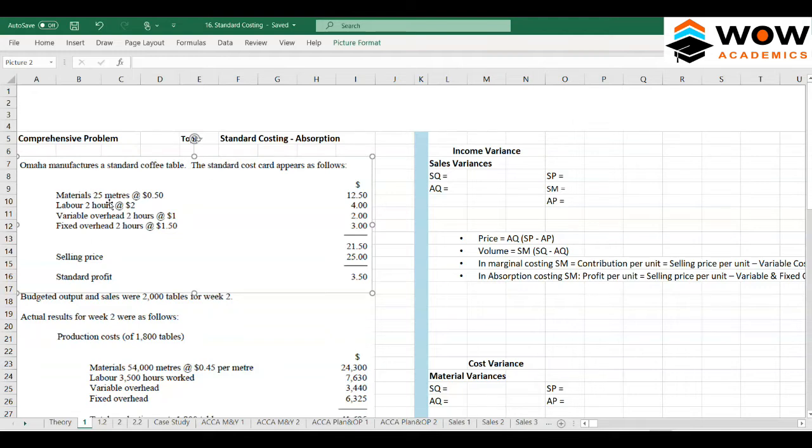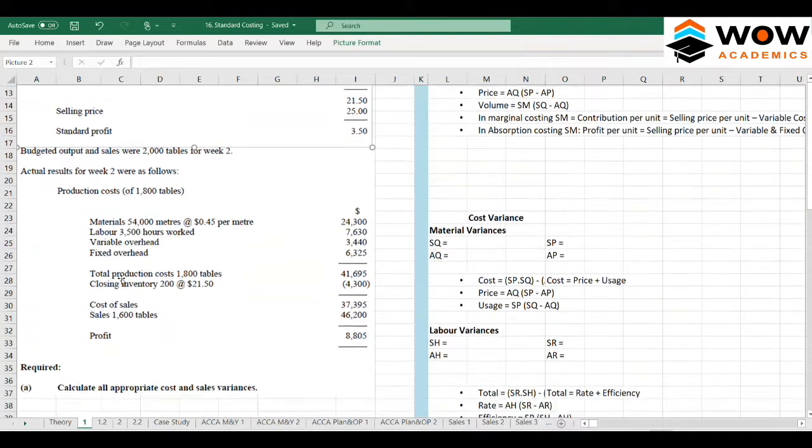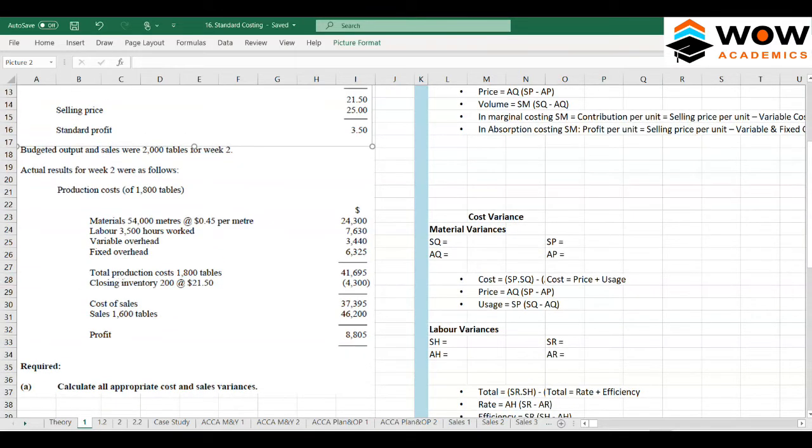So material is 25 meters at $0.5. Labor is 2 hours at $2. Variable overhead is 2 hours at $1. Fixed overhead is 2 hours at $1. So selling price they have given. That's a standard selling price, and standard profit is also given. Every number is given fully. Thereafter, budgeted output and sales were 2000 tables for week 2. So we are doing the sum only for a single week. They thought of selling 2000 tables, and let's see what happens in the